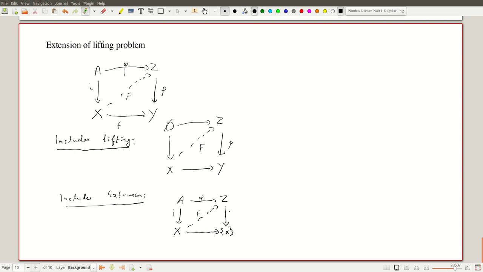Of course, there are other problems which are more complicated because they involve more than one unknown function, like we had for the homeomorphism problem. But these two will play an important role. In involving one function, you can just put it as a slightly larger commutative diagram. The comment here is, in this case, we use the empty set. That's what's called the initial object in the category of topological spaces, because there's a unique function from the empty set to any space, and a singleton set is a final object. There's a unique function to that. So that is how we could complete it. Okay, so this is one relation between them.